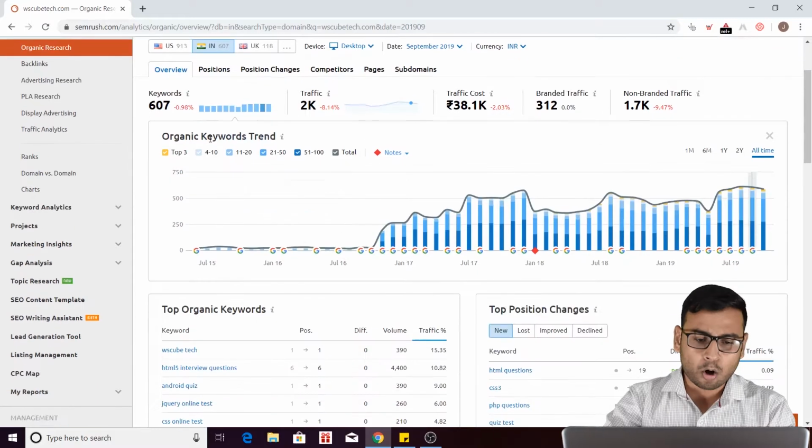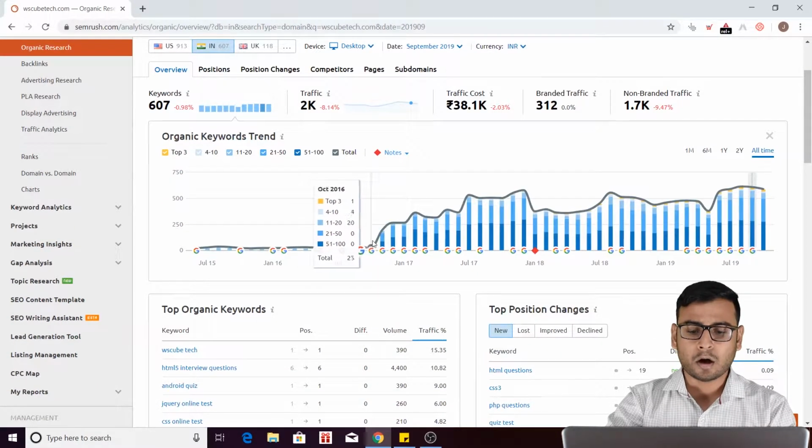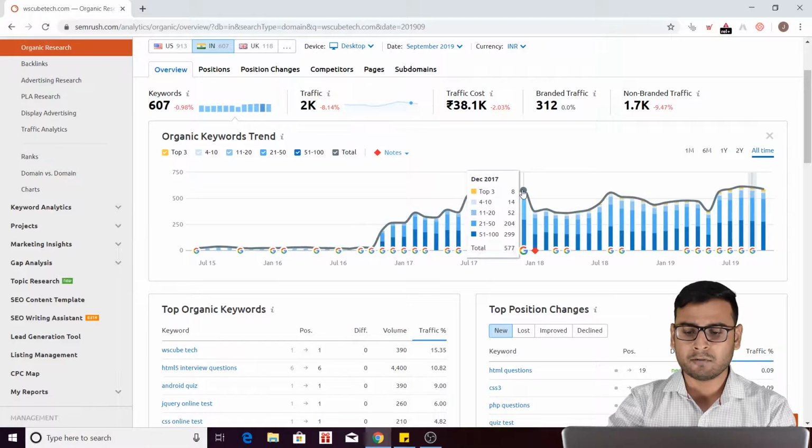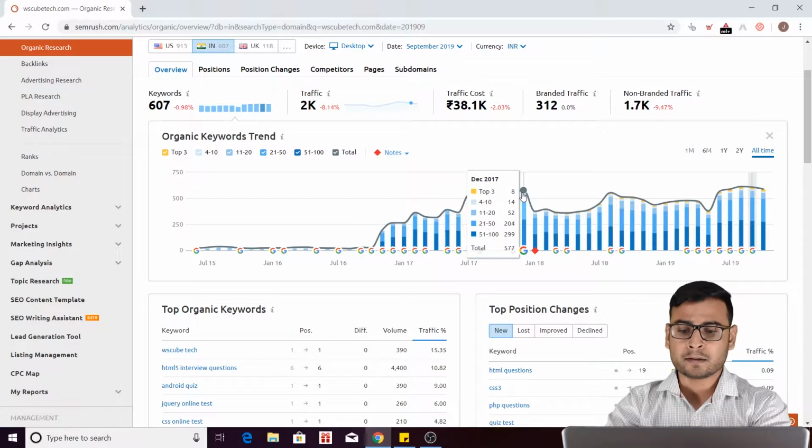And then you have this organic keyword trend, so you can see how your domain performed with respect to time, right? So let me take a date first. Here I am in December 2007. What it says is in December 2007 our domain was ranking on these 577 keywords, right? So you have this keyword section over here which says that you were ranking on these 577 keywords, and in which also